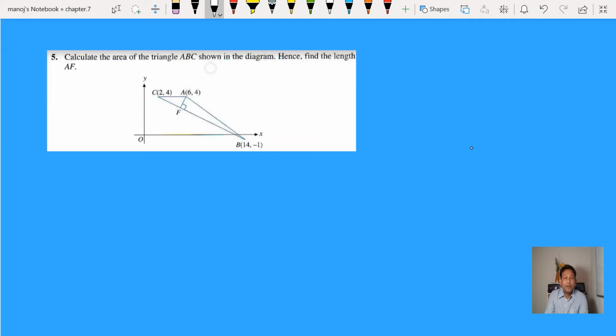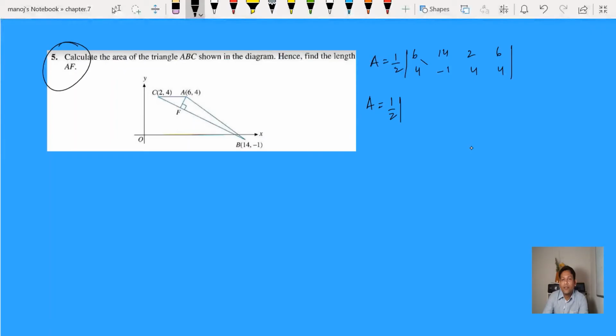Calculate the area of the triangle ABC in the diagram, hence find the length of AF. This part is actually important, AF to find. When you find the area, you have to use the same formula with the modulus sign. A is (6, 4), B is (14, -1), and C is (2, 4), and again you have to use (6, 4). So using the same method, modulus sign,